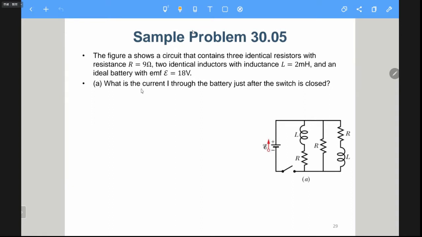So what is the current I through the battery? This is I. We would like to find this I just after the switch is closed. So actually, what we need to remember is that,